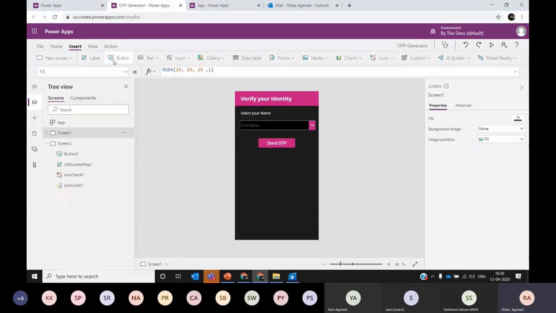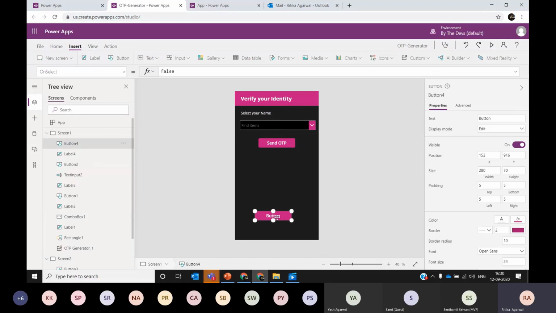If I add a button and say back, this will take you to whatever screen was displayed before this current screen. So don't add any such functionality on this home screen, and you'll be able to add the logout feature.